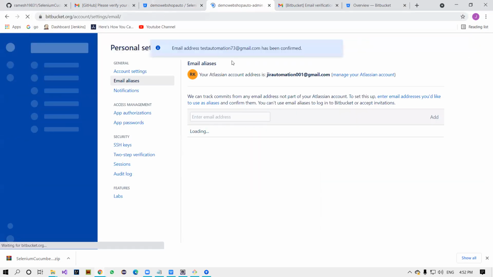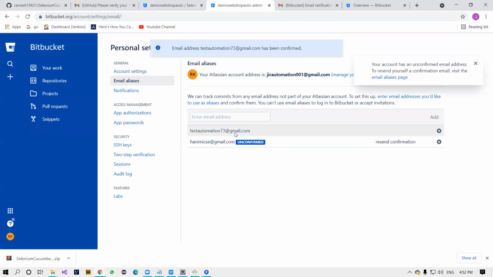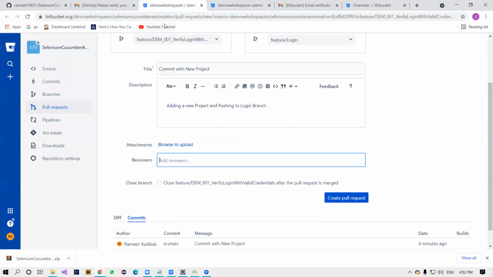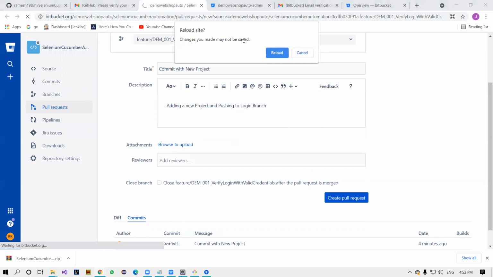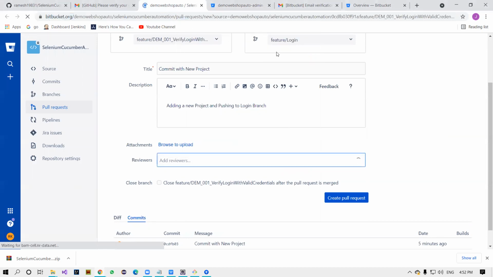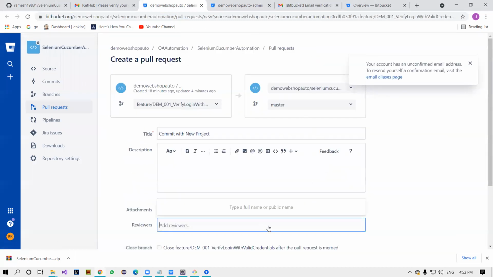I told you, you can see that it should be verified. It is verified. Now you come back here, just refresh this, reload it. Yeah, now you probably can see the full name, Selenium, no, just automation, no. Reviewer should come here, I don't know why.